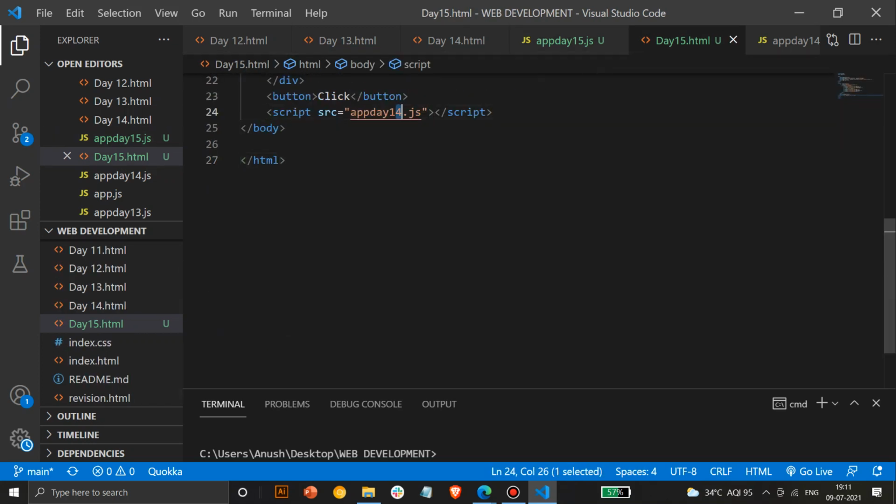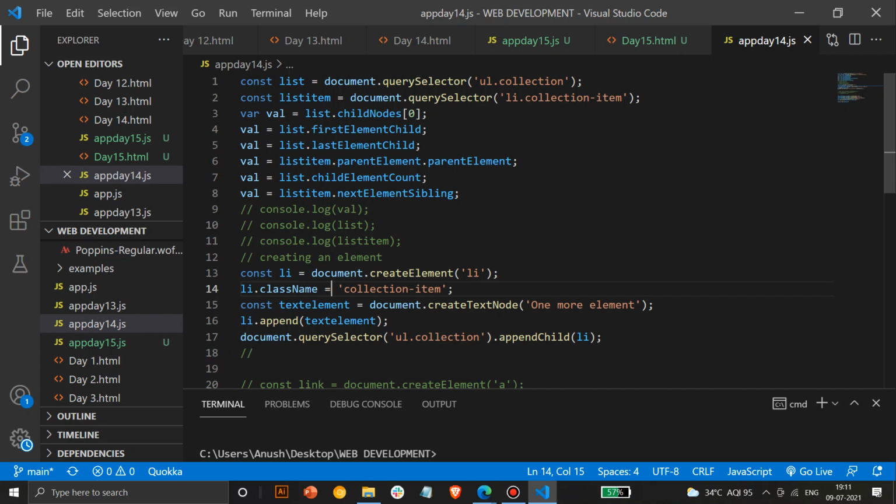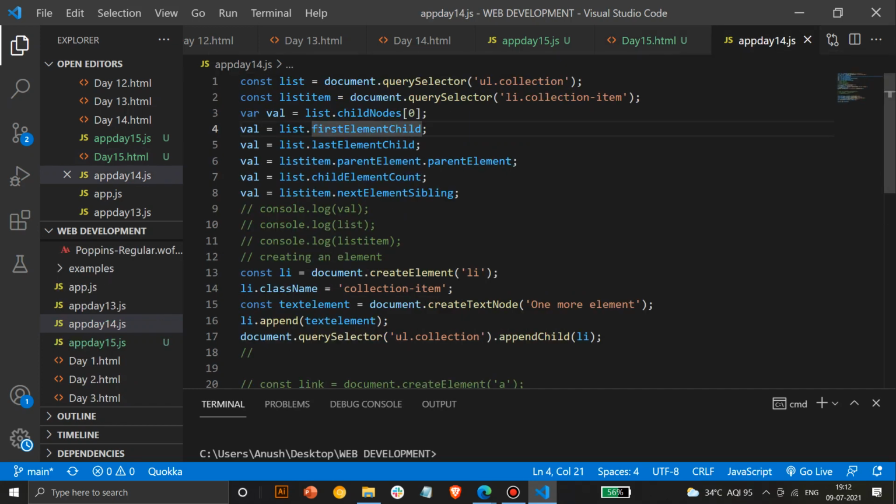Okay, so basically what we did yesterday was we studied various concepts of parent and child relationship. So how a parent child relationship works in this case. So we had a UL. So UL will be a parent of LI, and LI will have a parent which is UL. So this is something which is child parent relationship, and we studied about it.